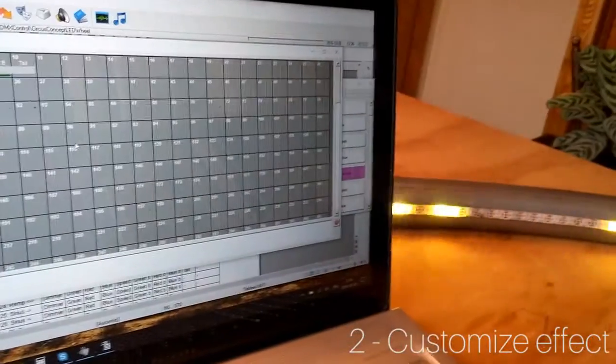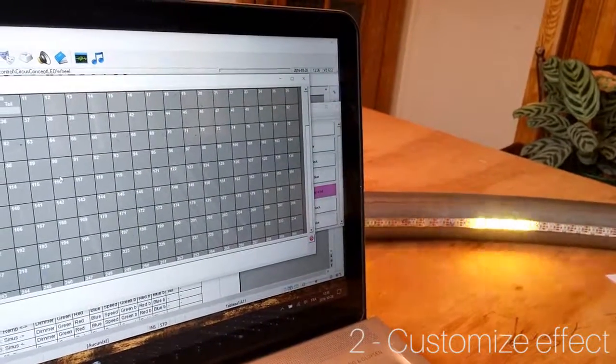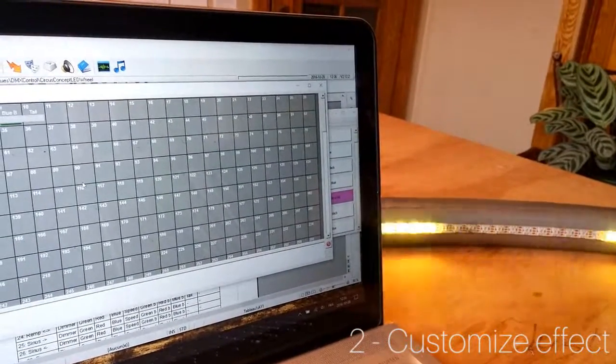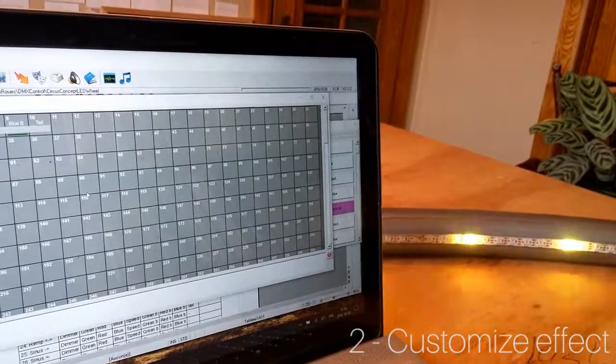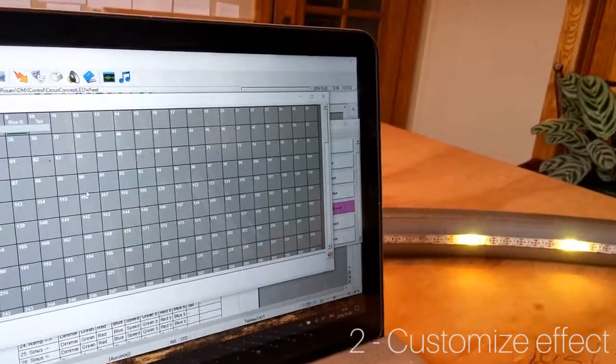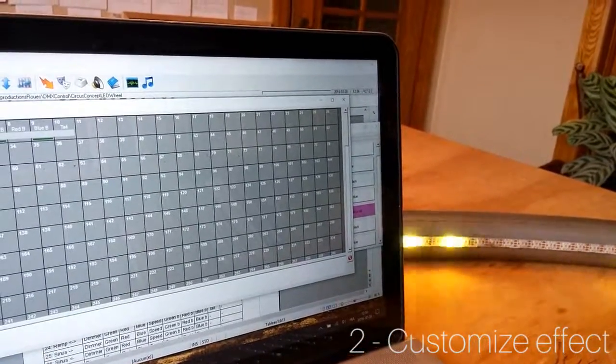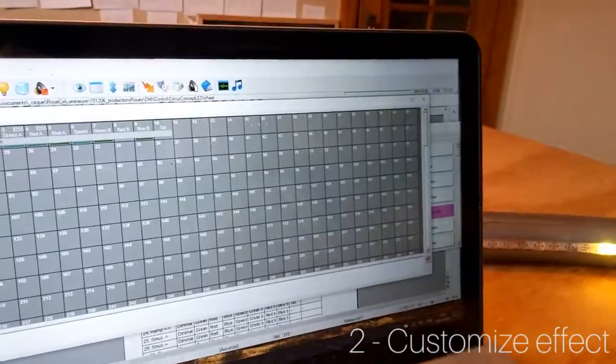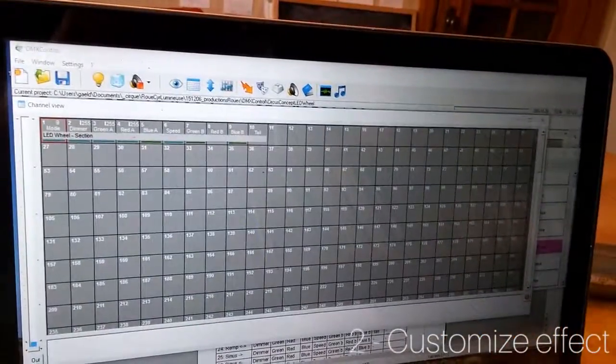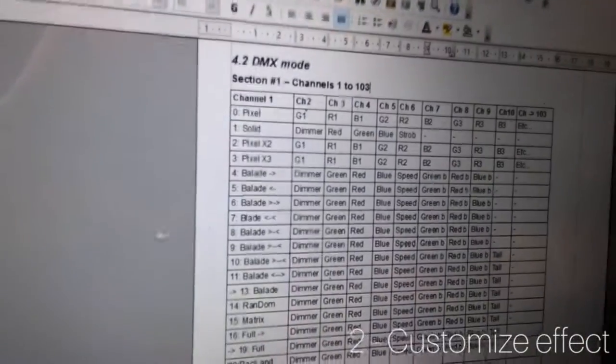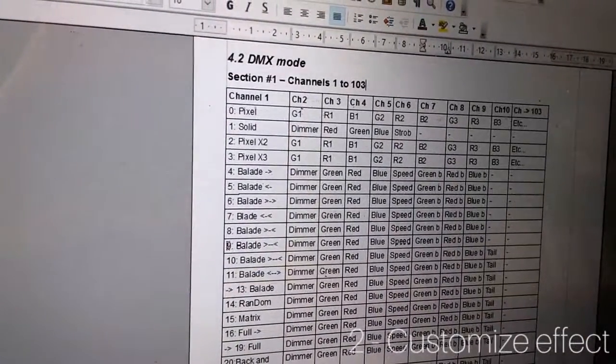So check out the wheel, and now you have a yellow point running back and forth on your wheel. And it's only yellow and the rest of the wheel is dark. Why this? Because if you check on your table, mode 9,